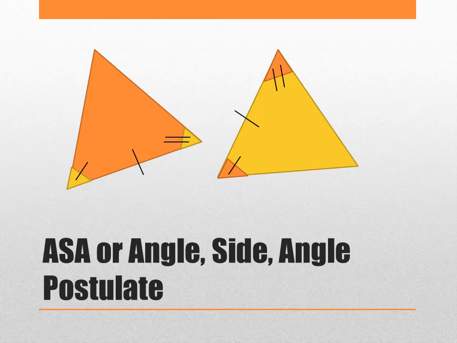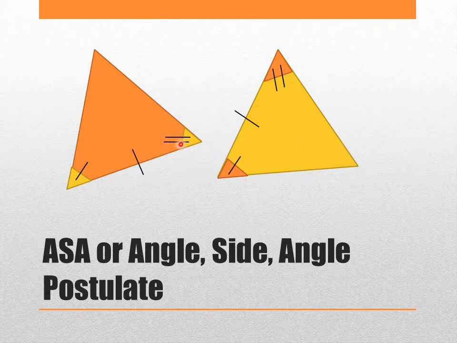The third and last postulate, ASA, or the angle-side-angle postulate. Here are the two acute triangles, for example, the first triangle and the second triangle. Based on the illustration, the two angles of the triangle and its included side. Remember, it's the included side. The included side is the side between two angles, and it has signs that show congruence. These signs allow us to know that the two angles and the included side of the two triangles are congruent.